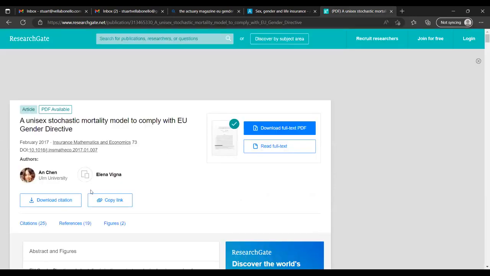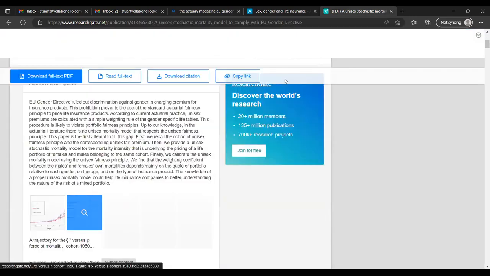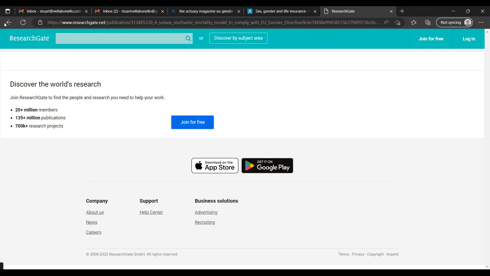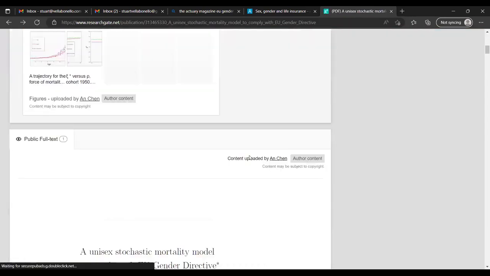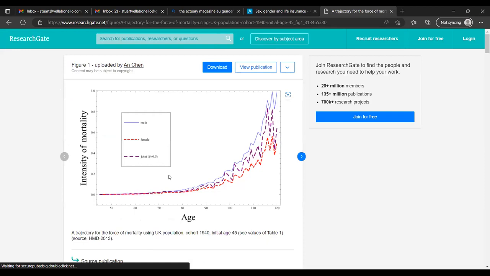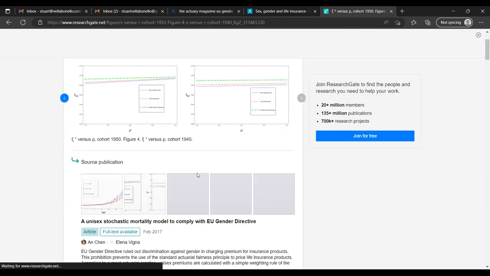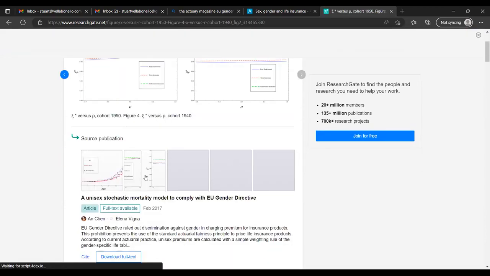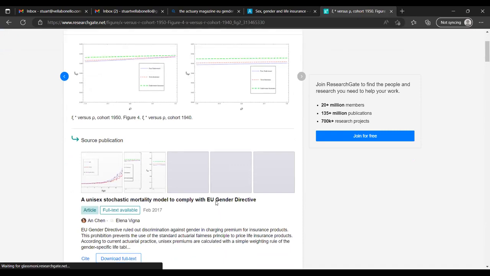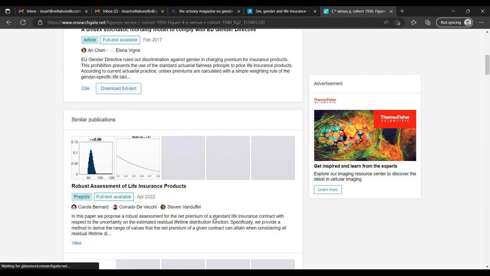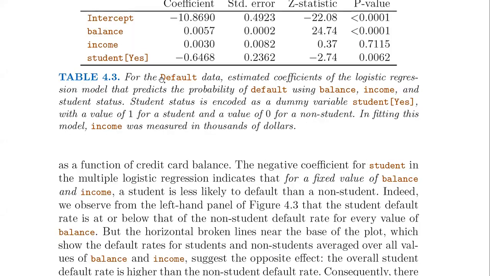Anyway, if we look at the research paper, can we download it, or do I need an account? I feel like creating one right now, but if we look at the graphs, which do look freely available, we're doing something very similar in the book, aren't we? All these dotted lines. Well, it's not saying much, is it? It's just a chart. But this is what I mean by discrimination and having your model not